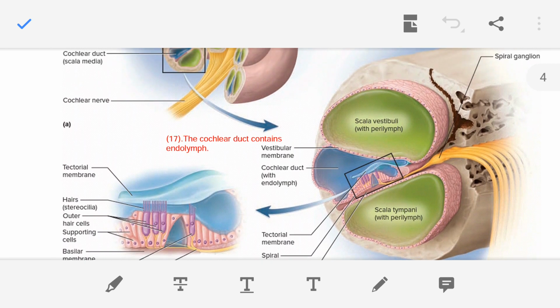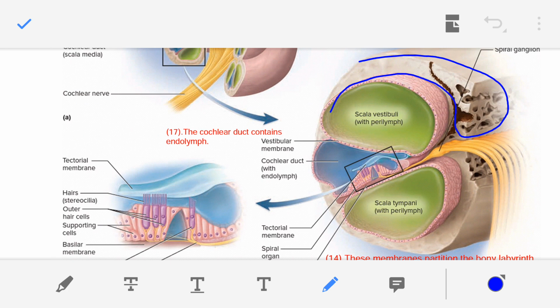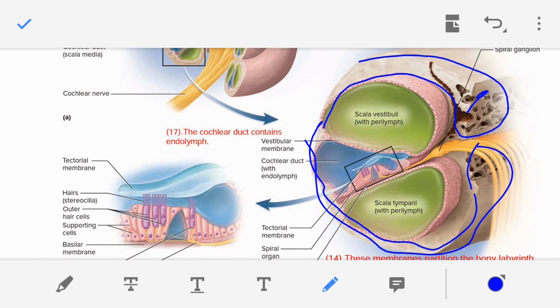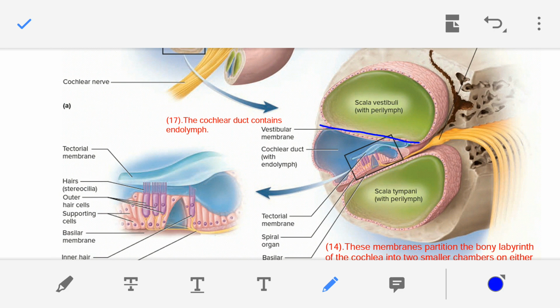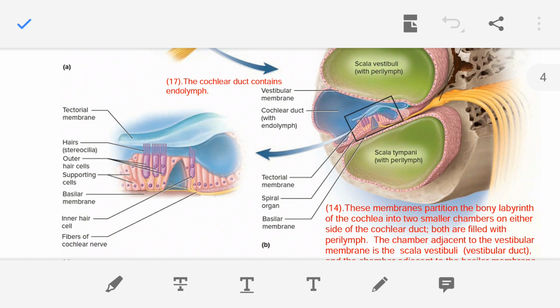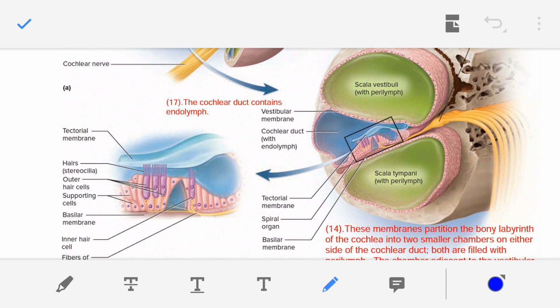For example, in this figure you can see this outer portion, the bone is there. So this is the bony part, the bony labyrinth, and here are two membranes, one this membrane, second this membrane: the vestibular membrane and the basilar membrane. They are dividing the cochlea into two small chambers, this chamber and this chamber, and they are located on either side